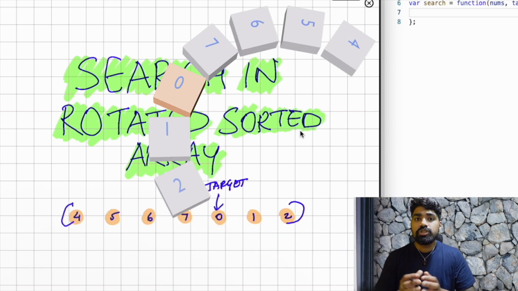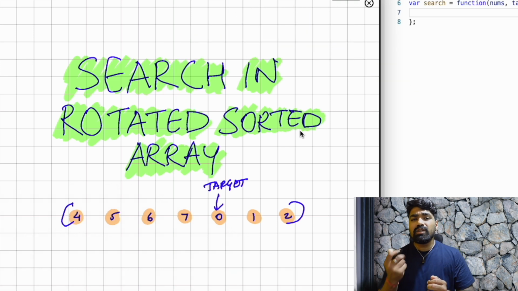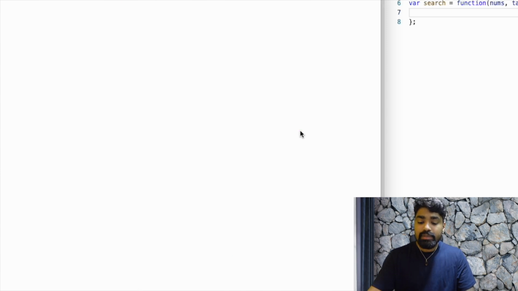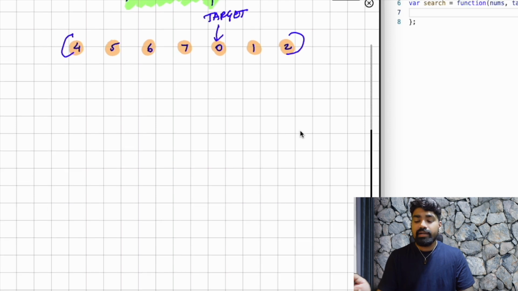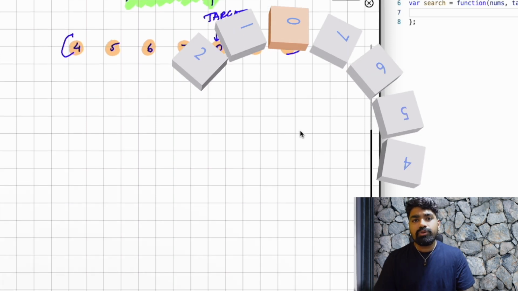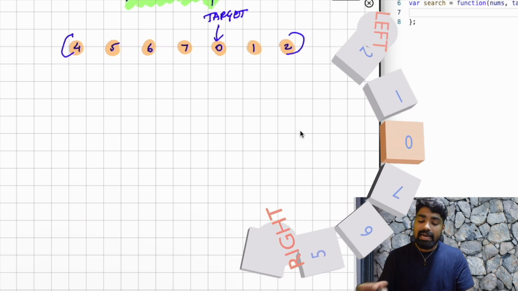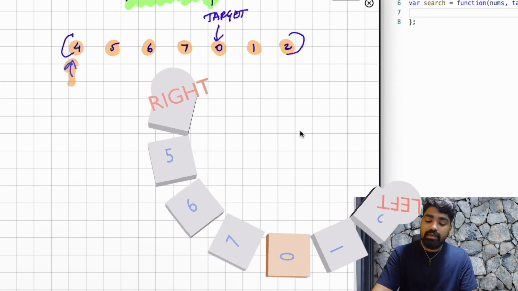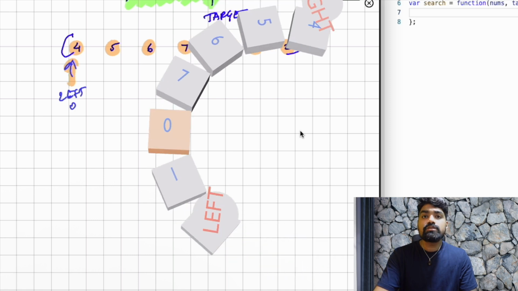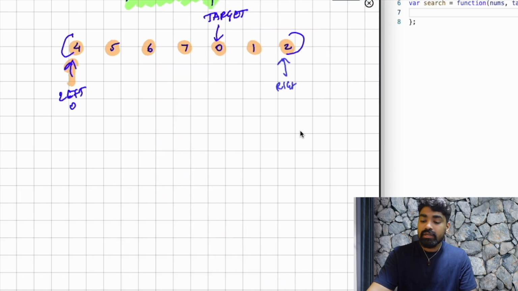We will be building a solution using binary search because the original array was sorted, but we have to tweak it a bit because after the sorting we had performed a rotation. And we will first begin with the original approach for binary search and tweak it as we go along. Let's take an example wherein we want to find a target of 0 in the input array nums that we have received. We will start with a left pointer at index 0, and a right pointer at an